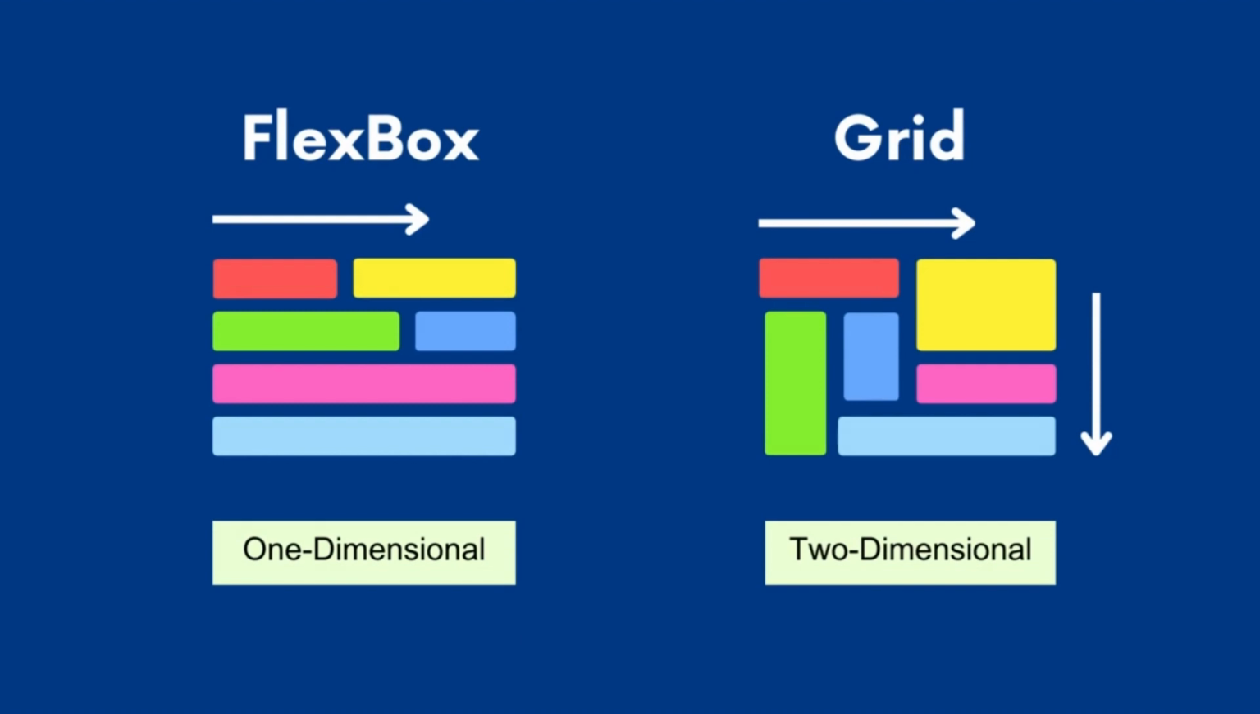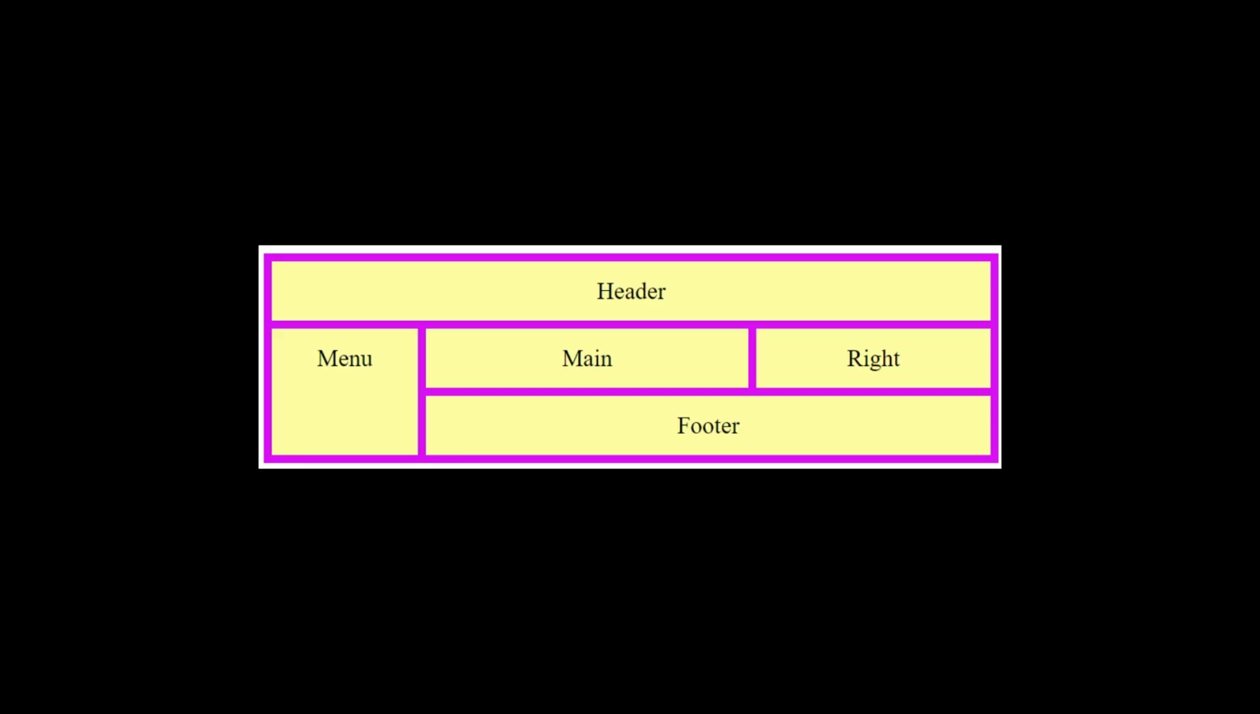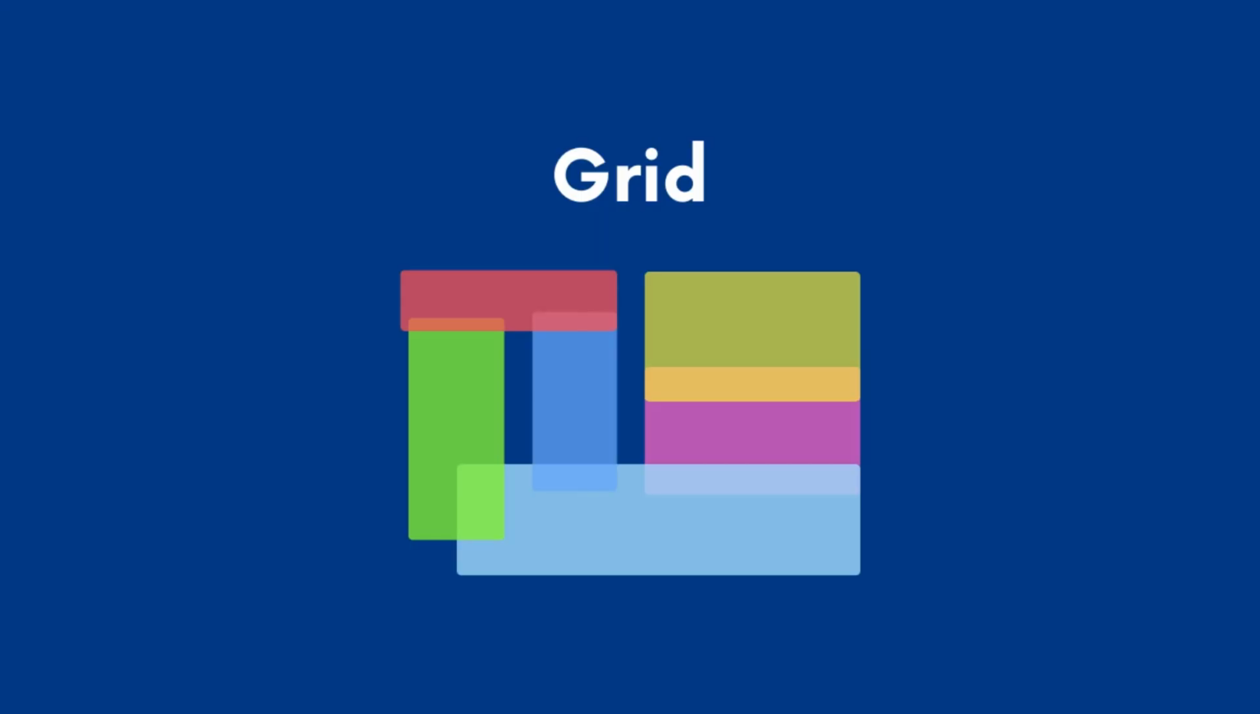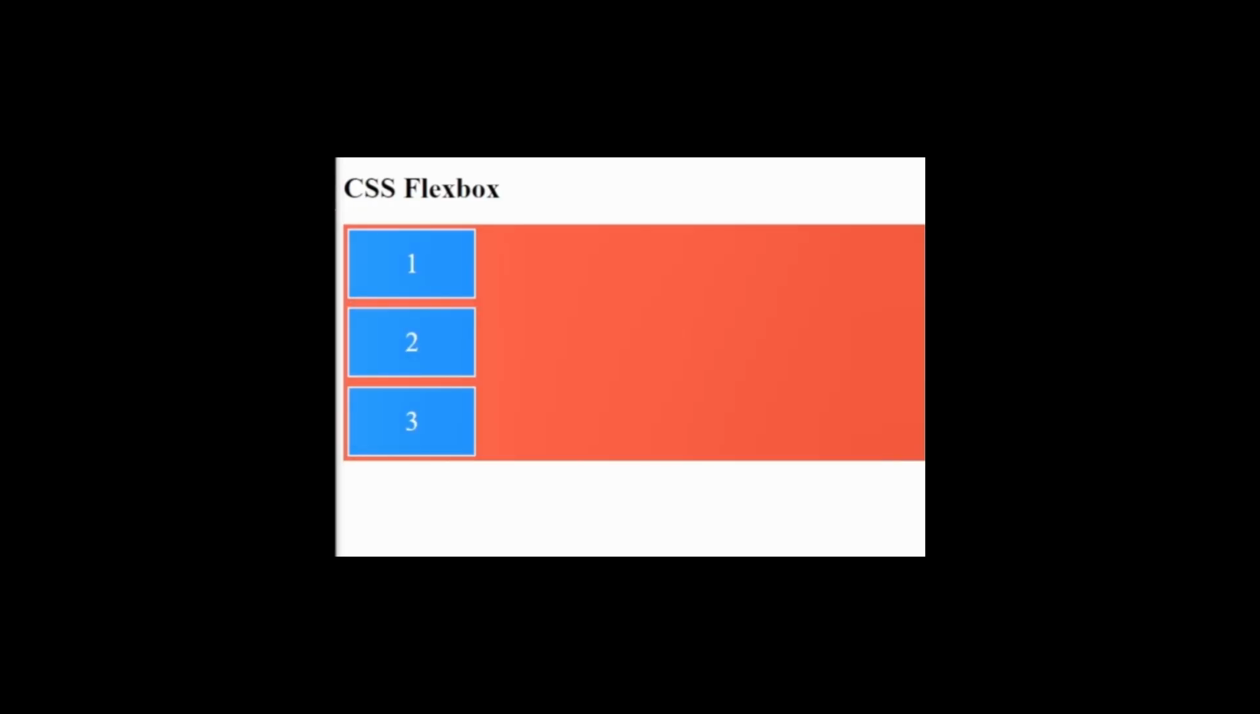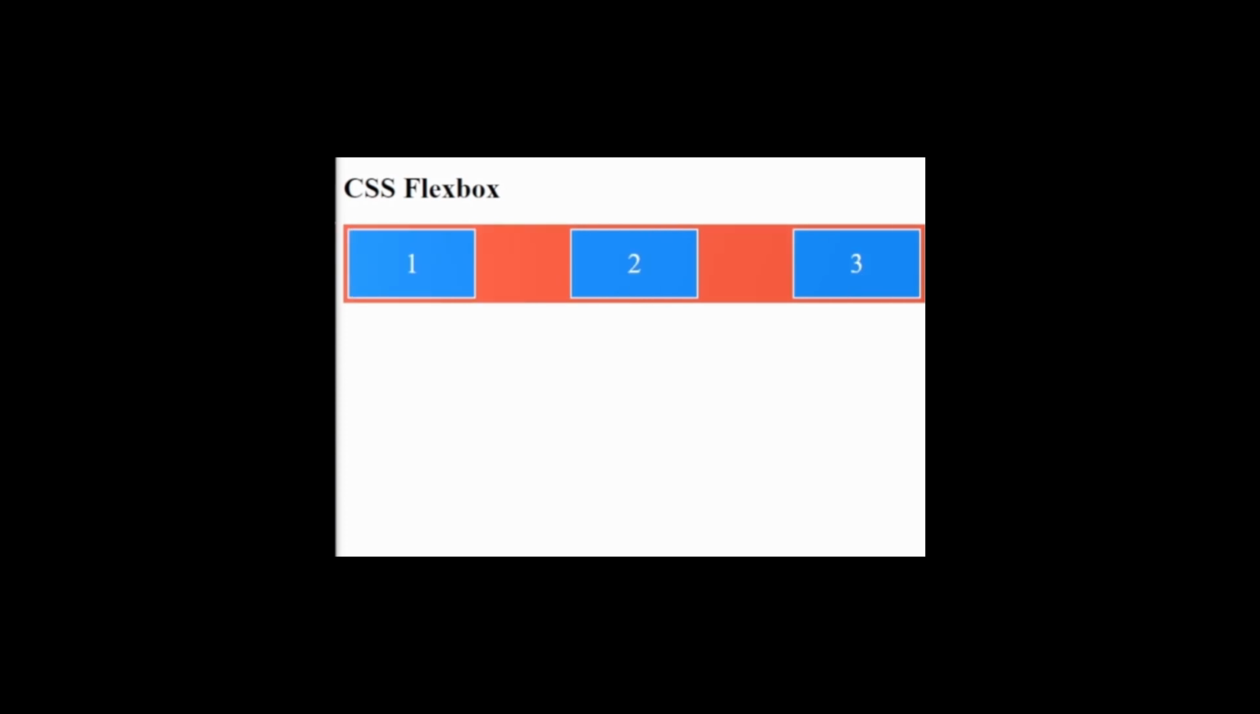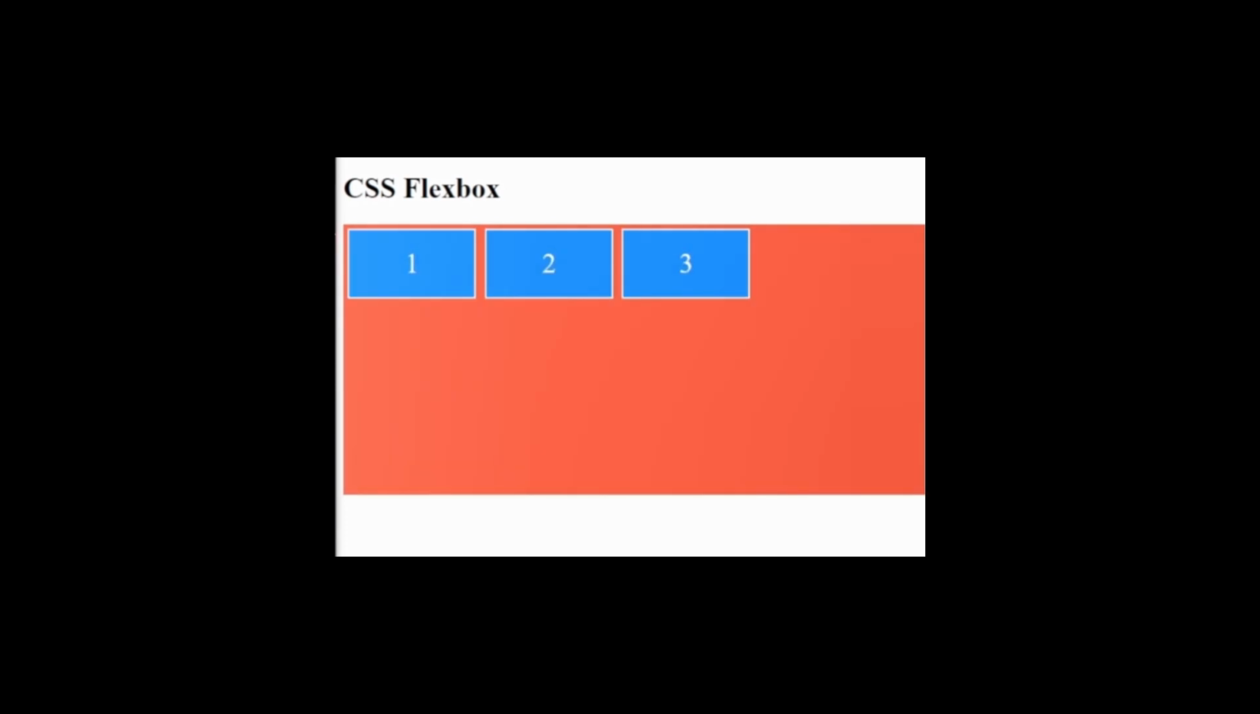Grid is like a two-way street where you can arrange things in both rows and columns at the same time. It's great for building the overall layout of a page. If you want to create a complex design or have gaps between elements, and if you want to overlap items, you should use Grid. Flexbox, on the other hand, is more suitable for organizing the layout of a specific container